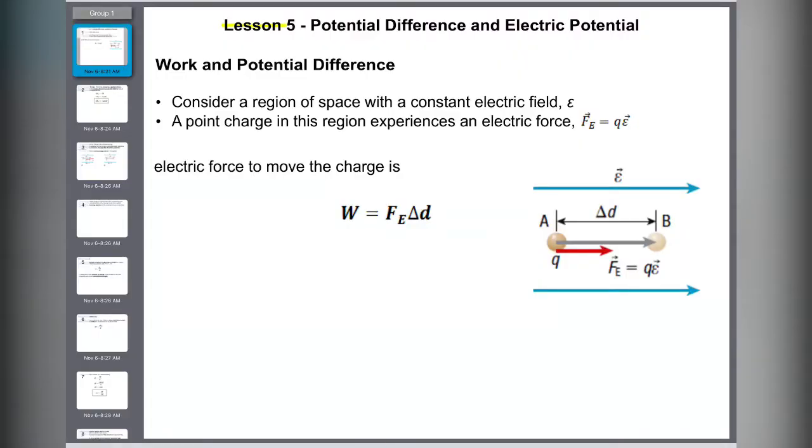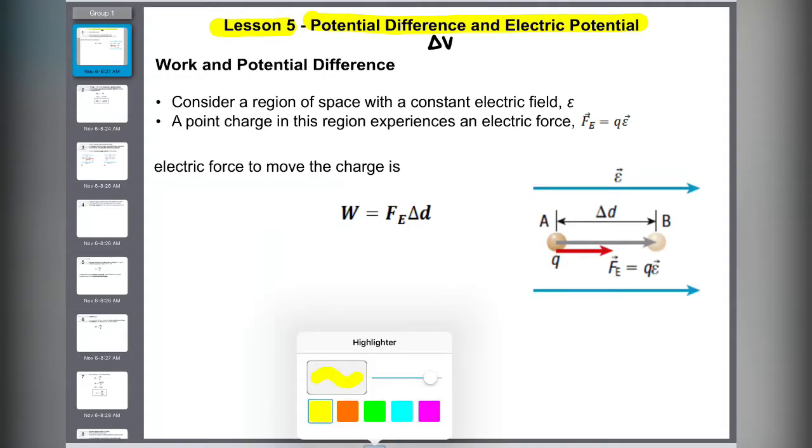So we're now moving on to lesson 5, and it's talking about potential difference and electrical potentials. Okay, you already know the potential difference is delta V. I think you've learned that in grade 9. So potential difference is delta V, and electrical potential, we're going to be talking about that today. So what's the relationship between work